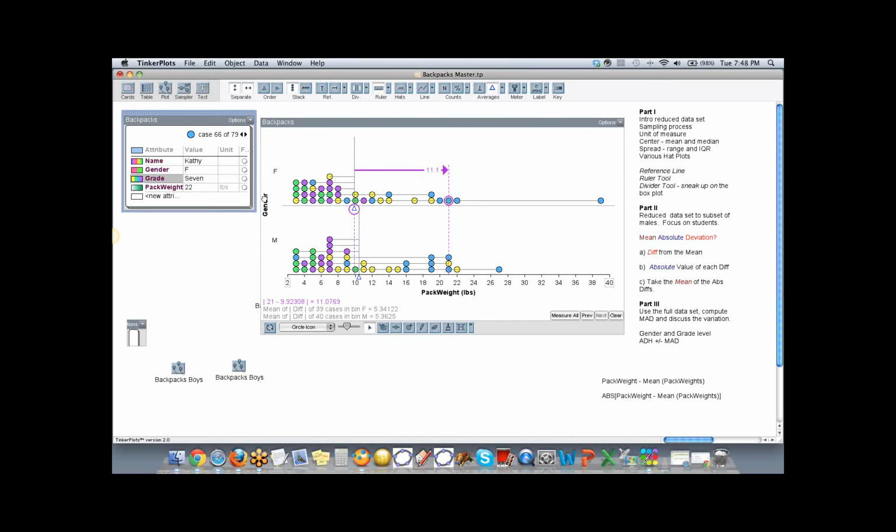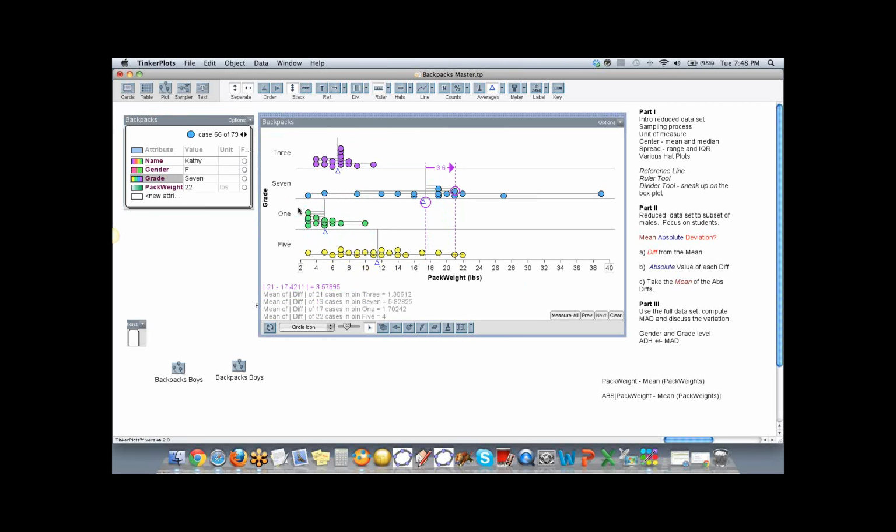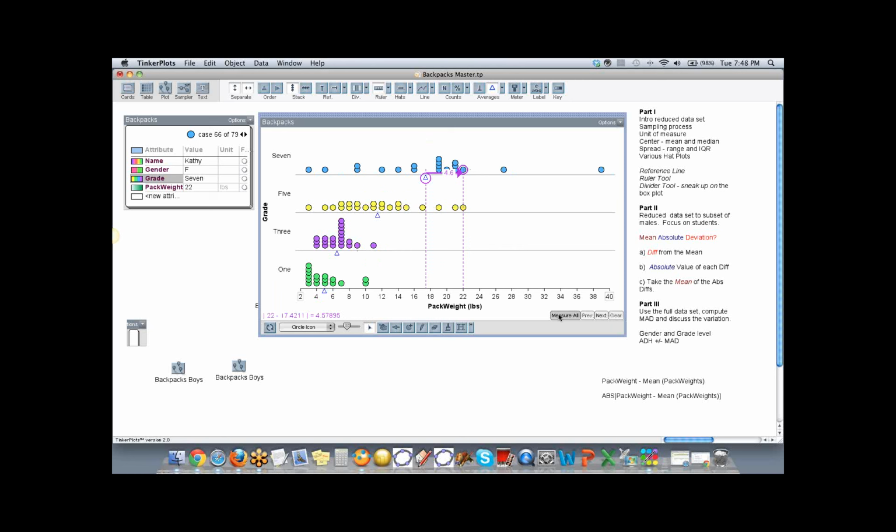So again, you're going to see categorical data. We have all the categories, and they're not in order, so I'm going to drag the label down and this one down. So now they look like they're in order. And because it was already set to run the mean of the absolute value of the differences, they're all here. So that's kind of nice. Let's clear it and just run it just for giggles here.